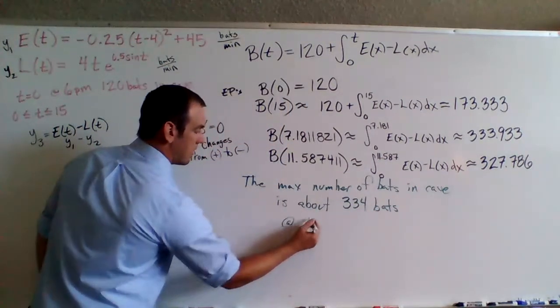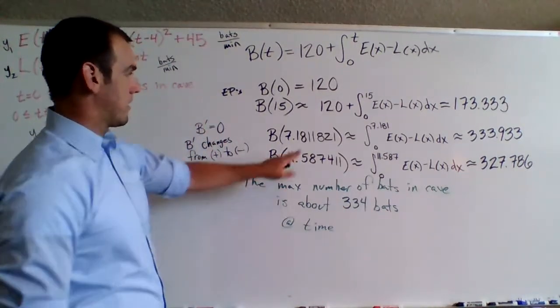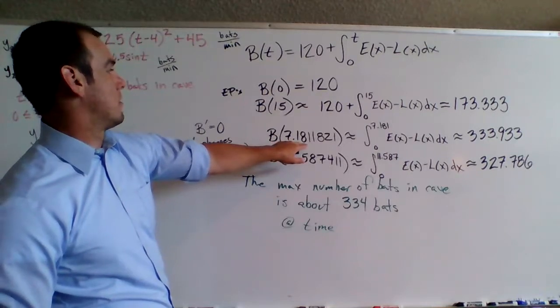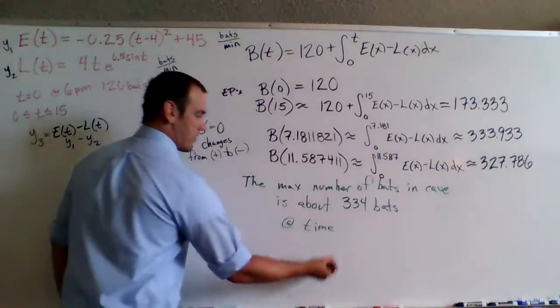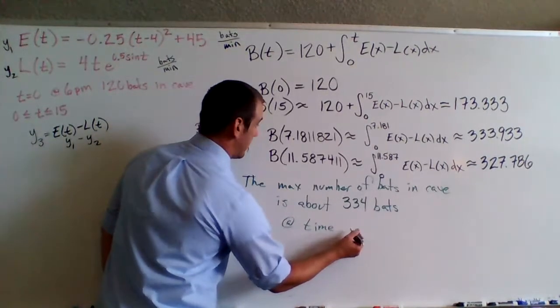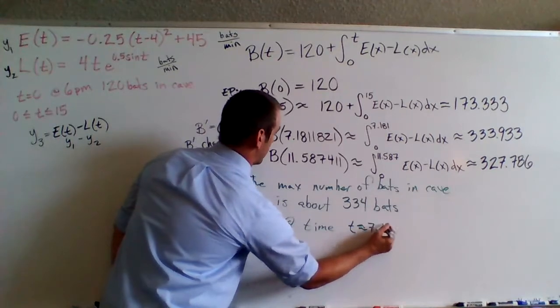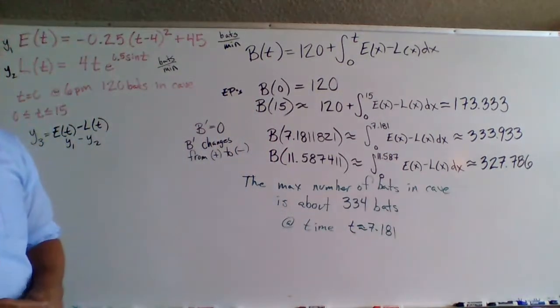at time, and just use that t value. Okay, don't try to say 6:07.181 p.m. Okay, so just say at time t equals approximately 7.181. Yep. All right,